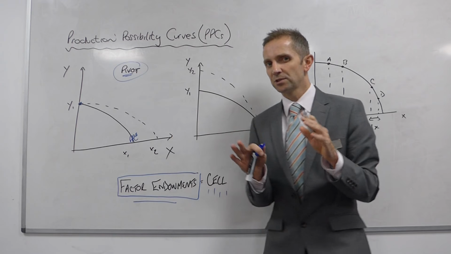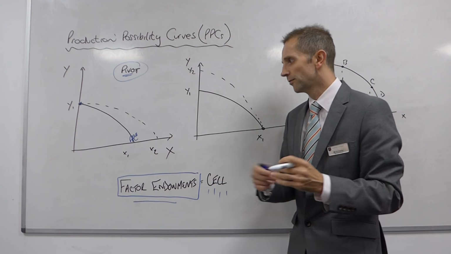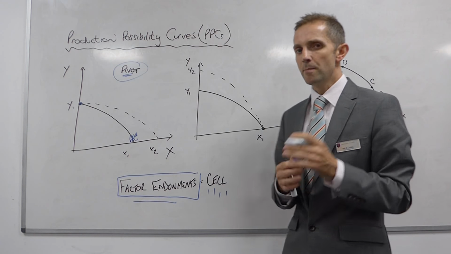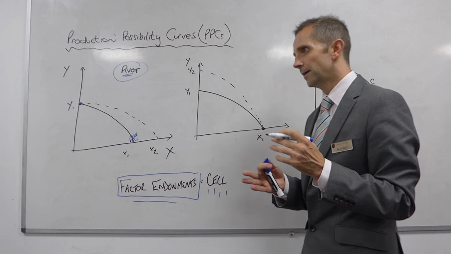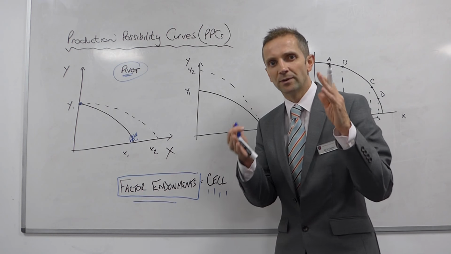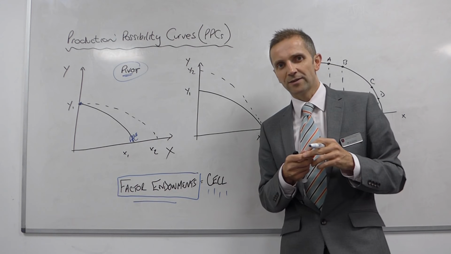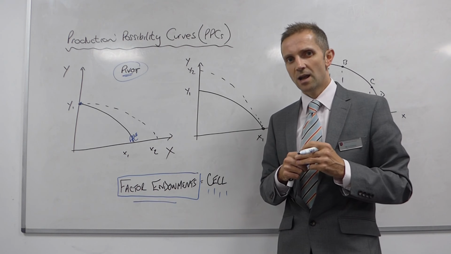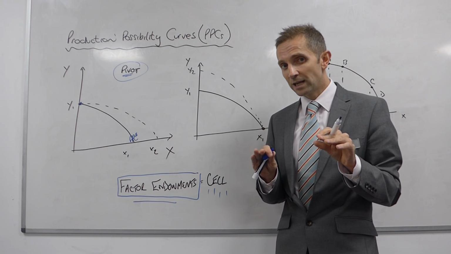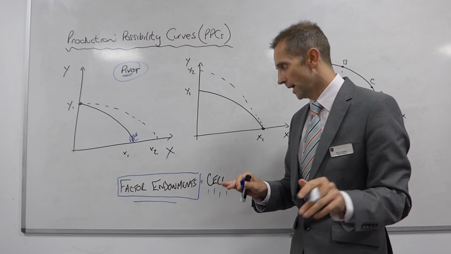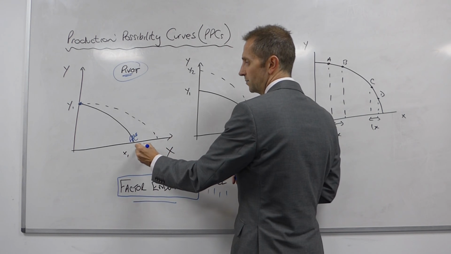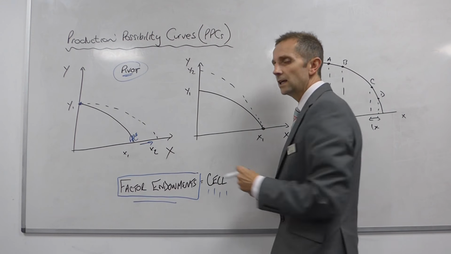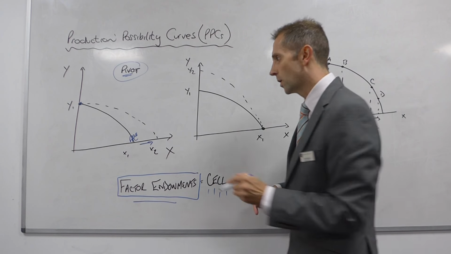So we're not actually able to produce more of good Y, whatever good Y may be, but it might be the case that we come across and develop and research into new methods of production for good X. And so consequently, the economy in question becomes better at producing good X, and therefore we get this pivot whereby the PPC pivots outwards to